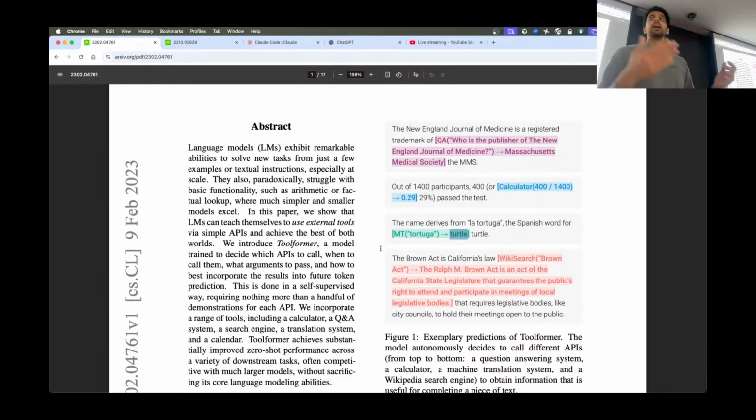So the model gets better at using tools, and then it can repeat this process. This is not the only way that you can improve a model's tool use abilities, but it is the first way that was proposed. Okay, so tool calling is a generalization of RAG